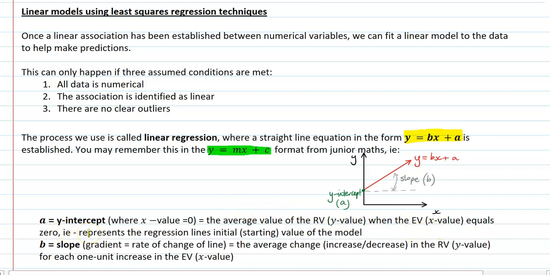So, in other words, that represents the regression line's initial starting value of the model. b is our slope or our gradient. Another way to say it is rate of change of the line. And that's the average change, either an increase or decrease, in the response variable for each 1 unit increase of the explanatory variable.